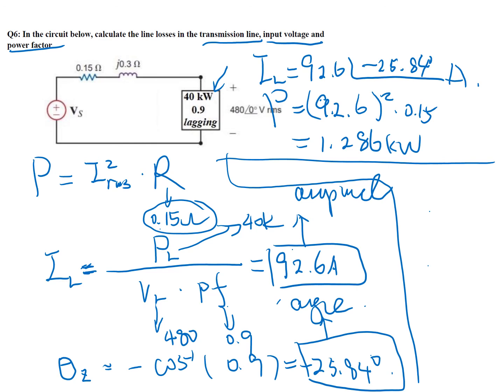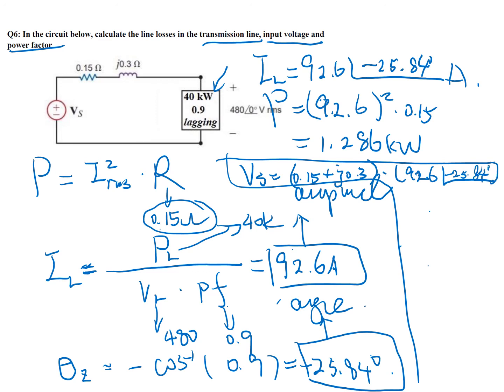So Vs is equal to, by using Ohm's law, the total line impedance 0.15 plus j0.3 times the current, that's 92.6∠-25.84°,